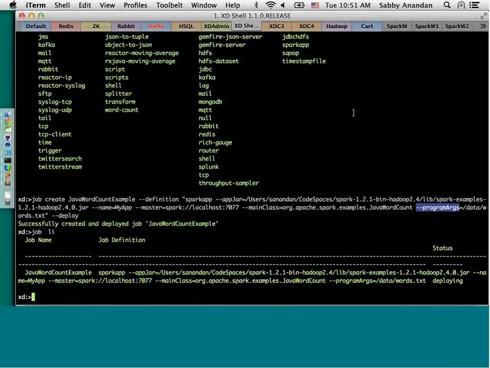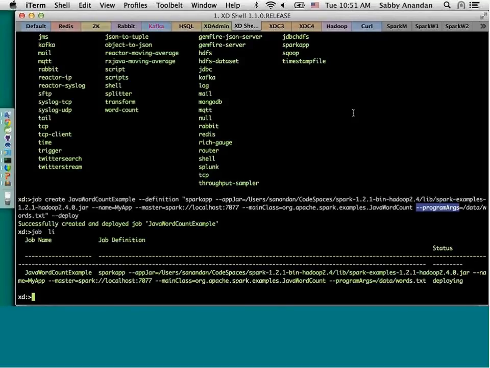So while it's happening, I'll also want to point out the difference between Spark Streaming and Spark Job and Spring XD. So the main difference is the Spark Streaming, the driver program, as Mark was referring to, it actually runs in the same JVM process as our Spring XD containers where it runs. So that it's all collocated,